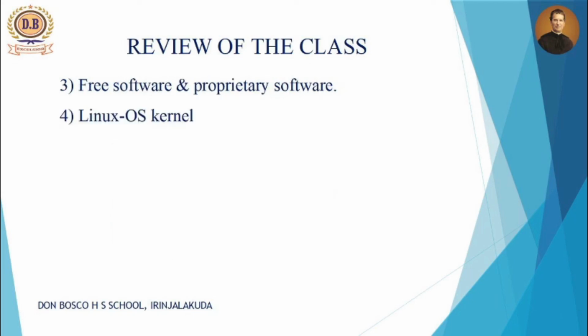The last 2 topics were free software and proprietary software. In the early days, we could easily access computer programs to copy and share, but when the competition grew, they restricted the copying and sharing of such programs. Highly confidential and highly restricted software is known as proprietary software, for example Windows and Mac OS. And free software: in order to rectify the problem, a free operating system was built by Richard Matthew Stallman, and it is termed the GNU Linux operating system.